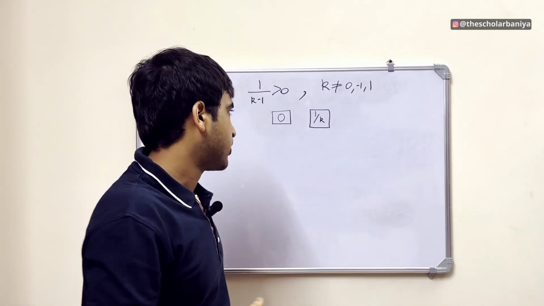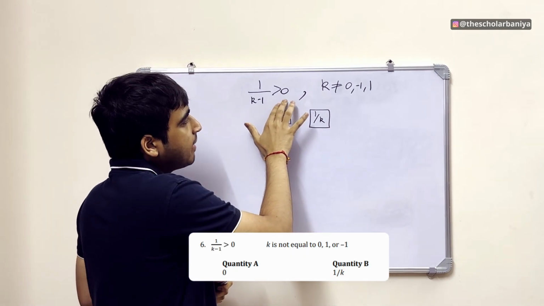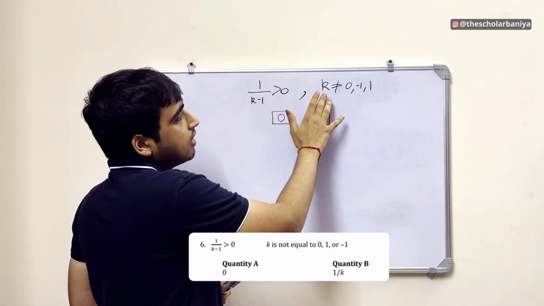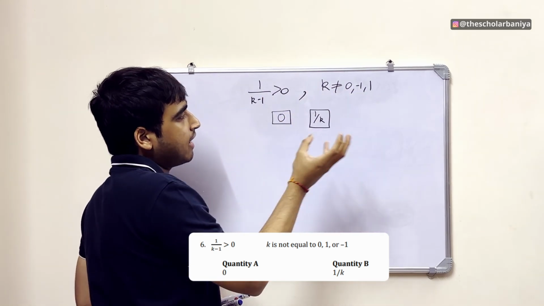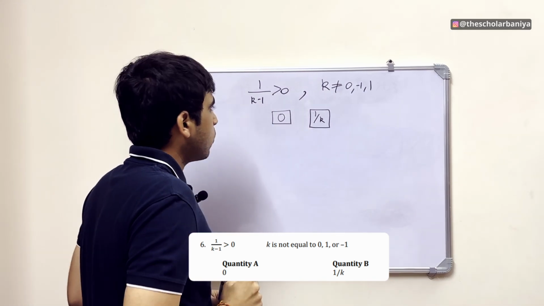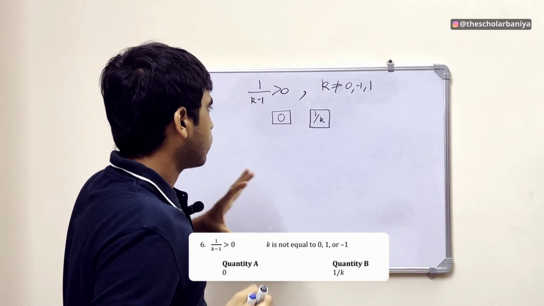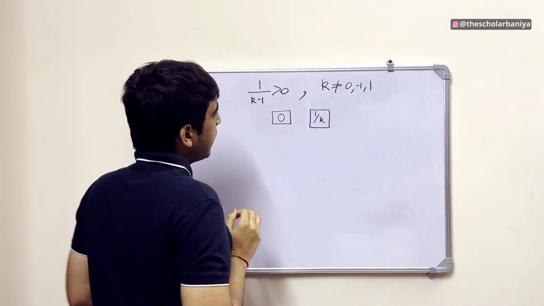So this is the next question, guys. In this question, we are given that 1 upon k minus 1 is greater than 0. K is not equal to 0, minus 1 or 1. And we have to compare 0 and 1 by k. Again, so now what we can do in this question, first of all, since 1 upon k minus 1 is